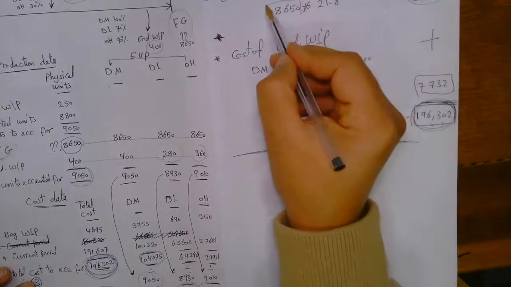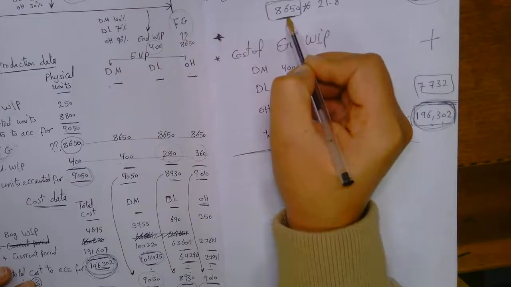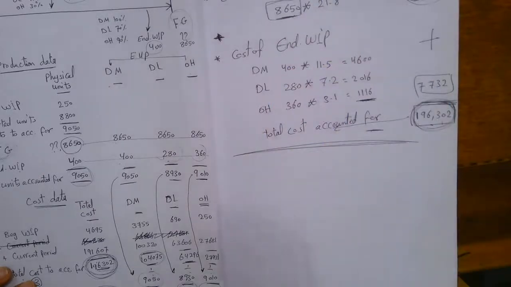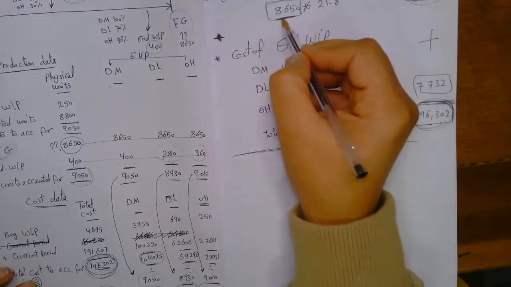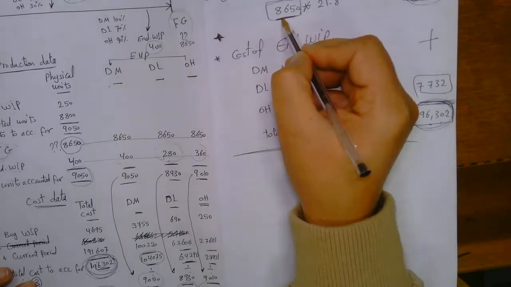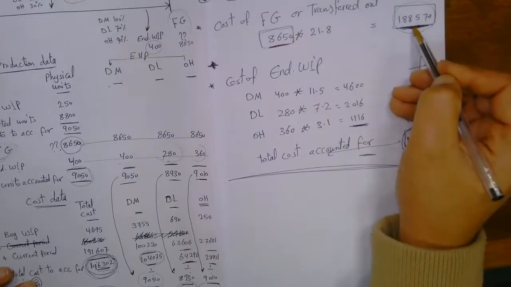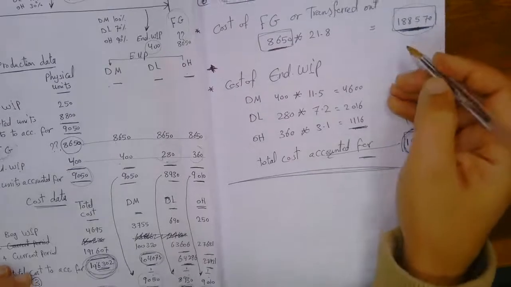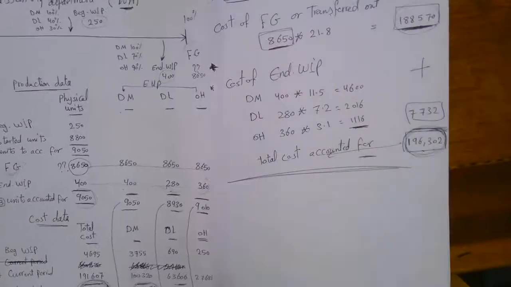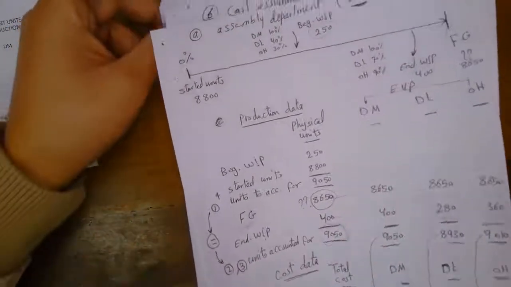So the units transferred out from process number 1 equal 8,650, and the units transferred in to the next process or the finishing process the same number, 8,650. The cost of units transferred out from process 1 equal the total of units transferred in to the next process or the finishing department. This required number A. Required number B, the same required, but for the second process or finishing department,